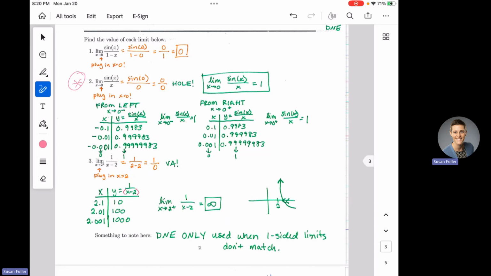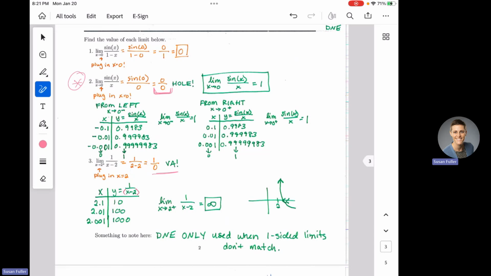The limit as x approaches 0 of the sine of x over x. Algebra fails us, so what you do from there is you go to your tables, right? So you only go to your tables as a last resort. So you will always go to them in the vertical asymptote situation, but at a hole, you're first going to try all of your algebra and all of your trig tools, but they're all going to fail us here, and so we would go to our tables.